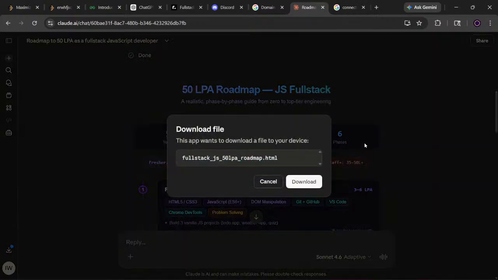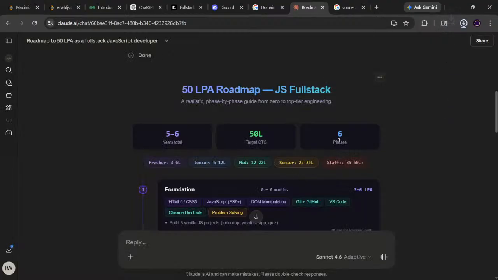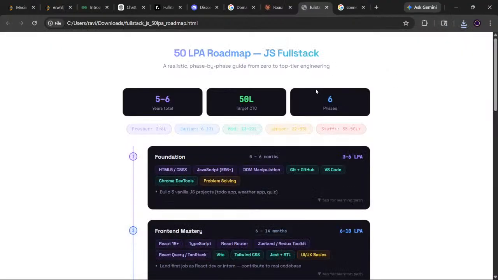Oh wow, we are able to download. Oh, this is HTML. Cool, भाई।